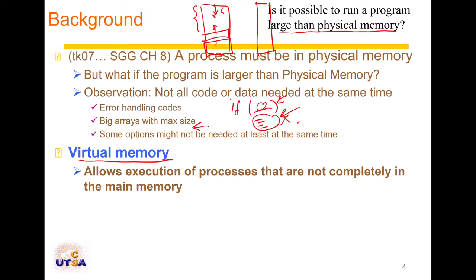Okay, so let me just give you the definition for now, and then we will be talking about how that system works. It's a natural extension of the paging, and we will see the relations, and we will go from there. Okay, so the virtual memory is a memory management mechanism that allows execution of processes that are not completely